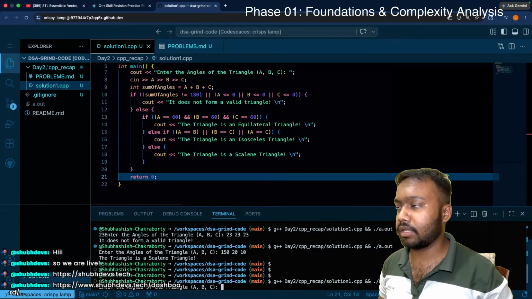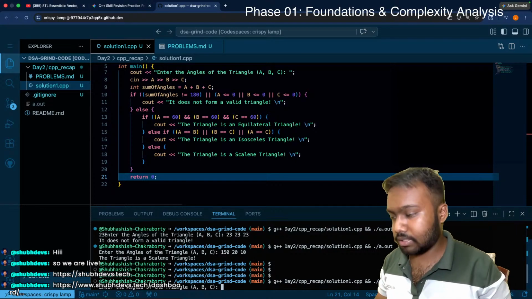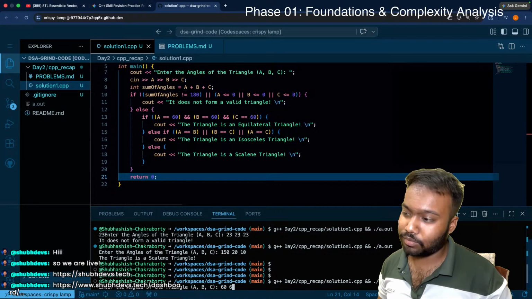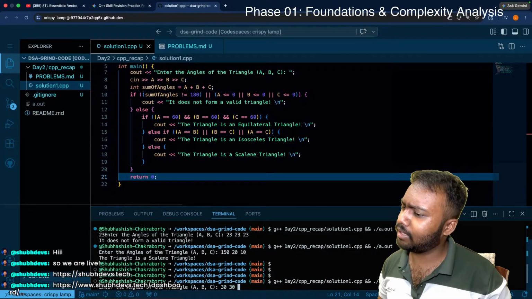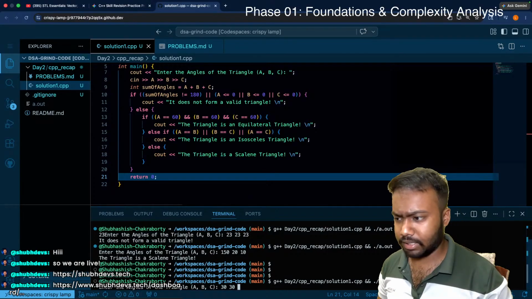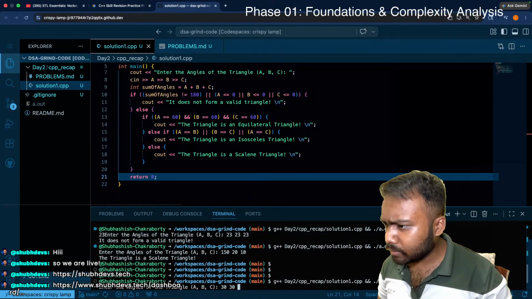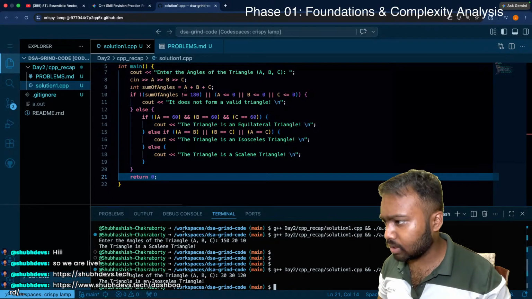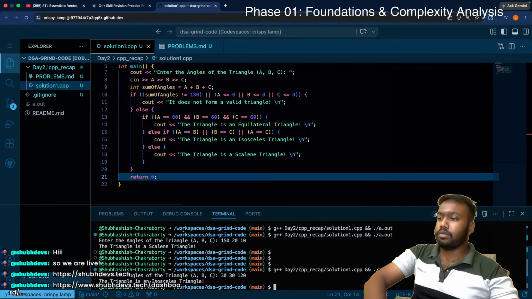90 to 180 ho jayega, kya karte hain, 60 kar dete hain, 60 and bacha toh utna hi 30 and bacha. I guess it's 120, yeah 120 I guess. So this is an isosceles triangle, everything is cool,